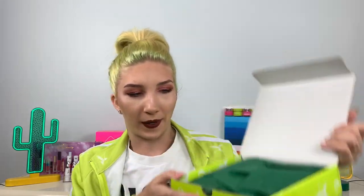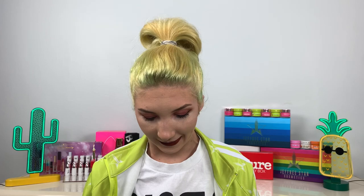So that was it for the mini box. Now let's get into the premium box. So again, green wrapping paper. This one's supposed to have at least 5 items in it. Let's see. I'm gonna dig into this first. Oh, they got me with this one. I was like,